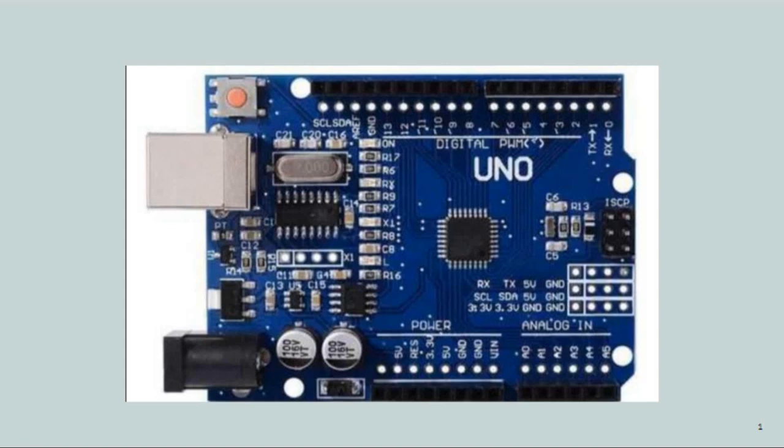Here you can see the power inputs. As you can see, it's written 5 volts, 3.3 volts, 5 volts, depending on different needs of the user. Here you can see analog pins and digital pins separately, as well as two pins dedicated for transmission and receiving. Now moving on,